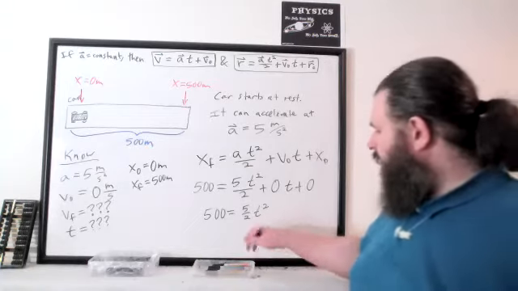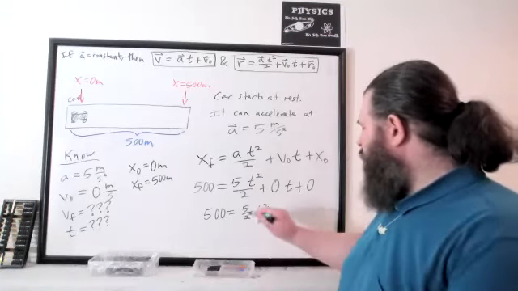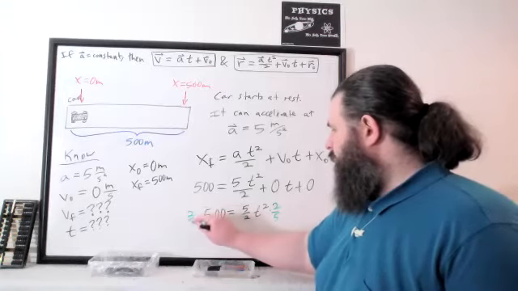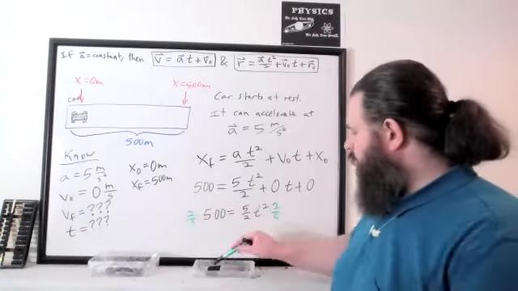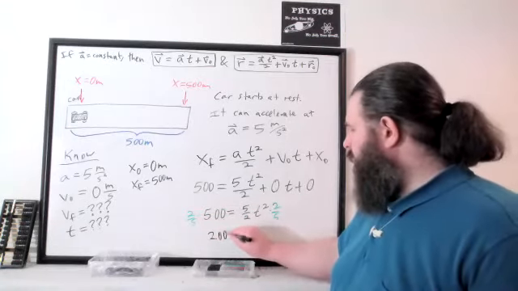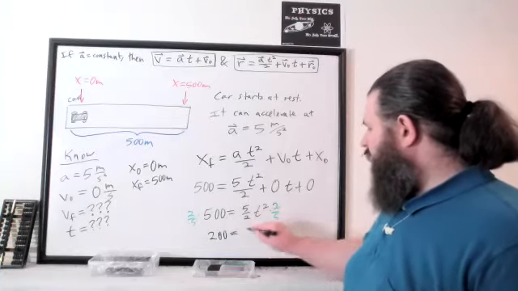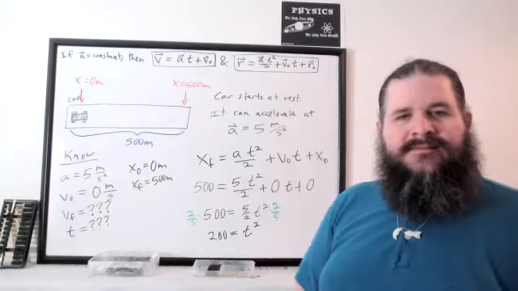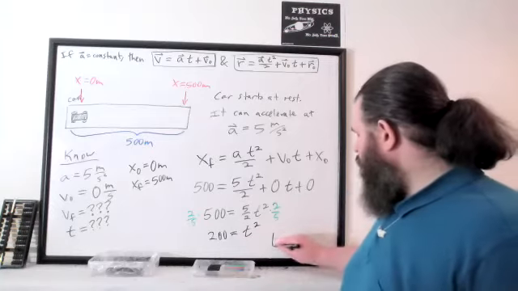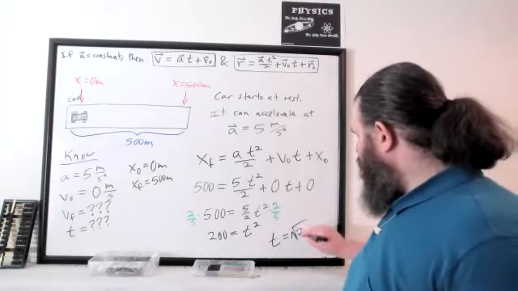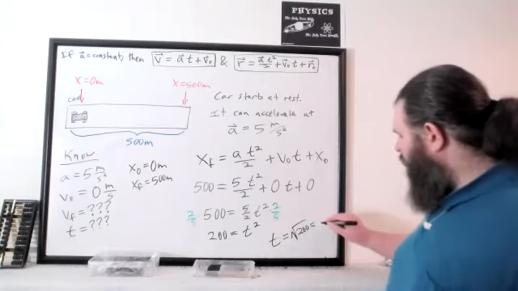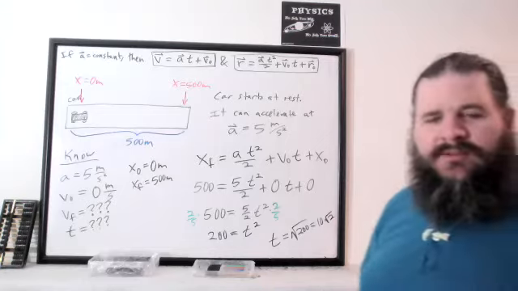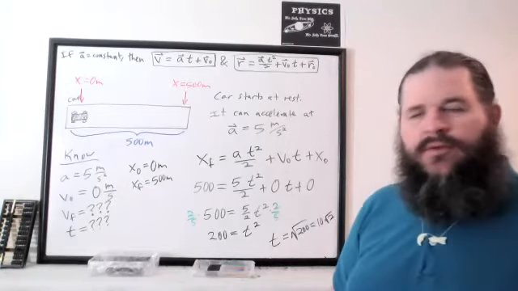Yeah, divide both sides by 5 halves, which is really the same as multiplying both sides by 2/5. 2/5 of 500 would be 200. 5 halves and 2/5 cancel out, so we get t squared. And then what? Right, take the square root. T is square root of 200. And we can split that up into 10 times the square root of 2. So 10 times the square root of 2, which is going to be about